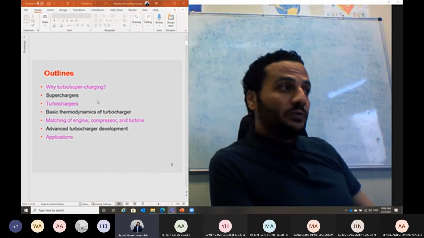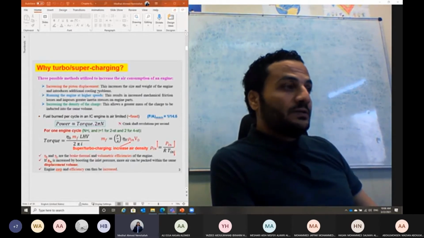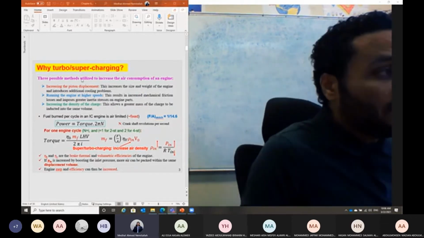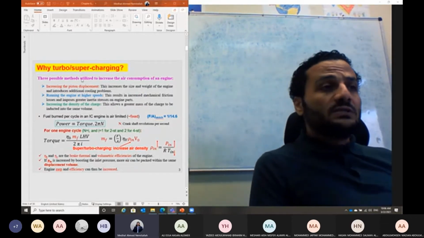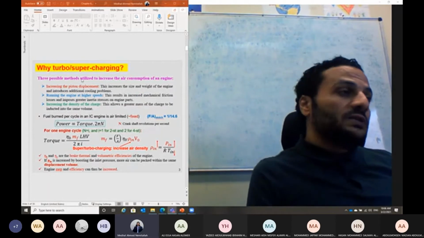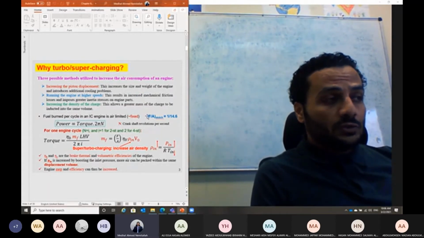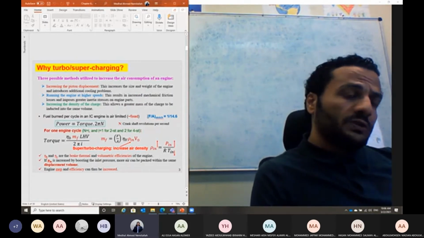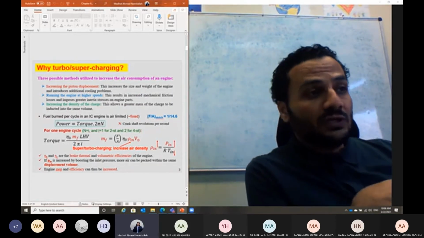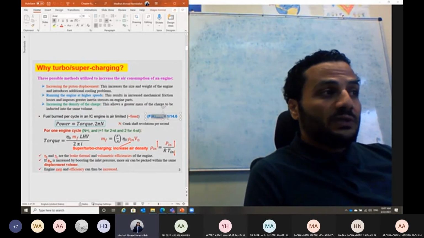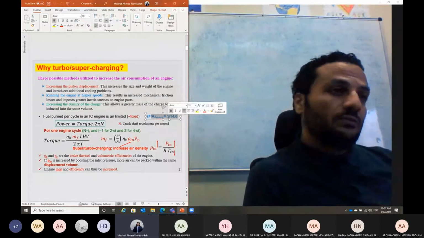have a turbocharger or supercharger. The idea, shabab, of the turbocharger, why do we need a turbocharger or supercharger? The idea is to provide the engine with more air. For a gasoline engine, usually the fuel to air ratio is fixed. The gasoline engine, shabab, as we said, works under a stoichiometric condition. So usually the fuel to air ratio is the stoichiometric fuel to air ratio, which is fixed at almost